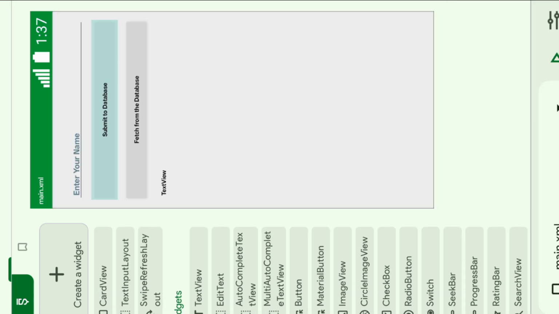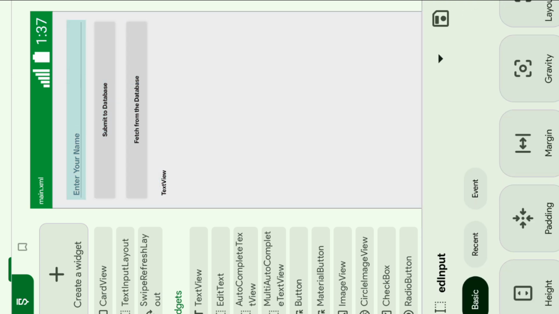I have created a basic structure of this UI for submitting and fetching data from Firebase.